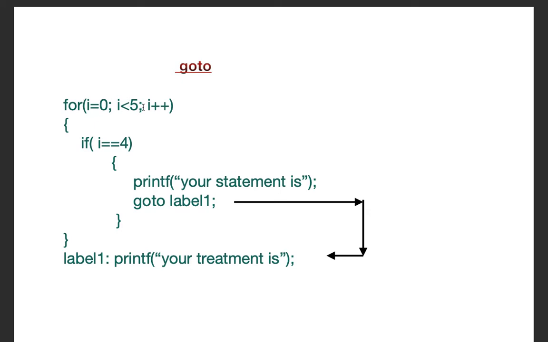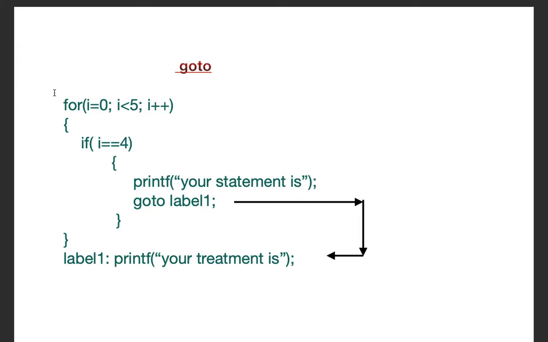Here I have taken a for loop, and inside this for loop I mentioned a condition in an if statement, and after that I mentioned the goto label, and the label is mentioned here. Now when the compiler comes here for the first time, it finds that the value of i is 0 and it is less than 5, so the condition is true, and it comes inside the loop. It checks the condition, but 0 is not equal to 4, that's why this statement is going to be ignored and the compiler directly comes here.